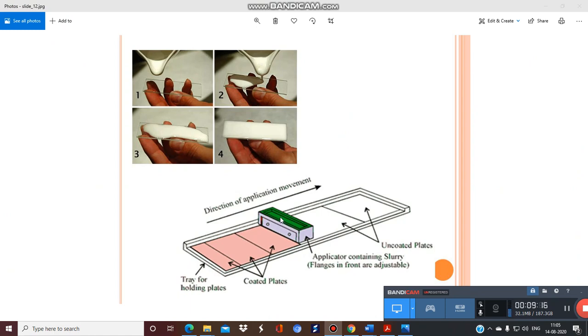This is a spreader, and with the help of this spreader we can prepare the TLC plate. Basically, we will put our slurry here and spread it onto the TLC plate. These are the TLC plates. Suppose we apply the spreader in this way, look at the direction of the movement. The spreader is moved in this way, and the coating of silica is done on these uncoated glass plates. I think this is clear. So when we move the spreader in this direction, what will happen? It will start coating and a particular thin layer is produced.